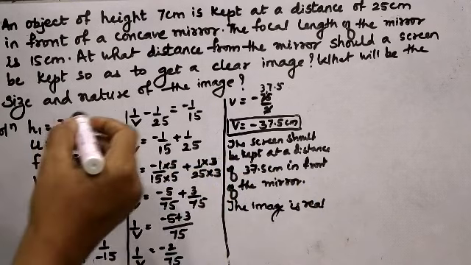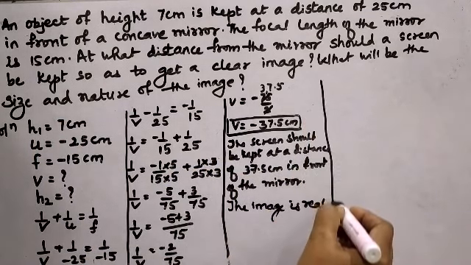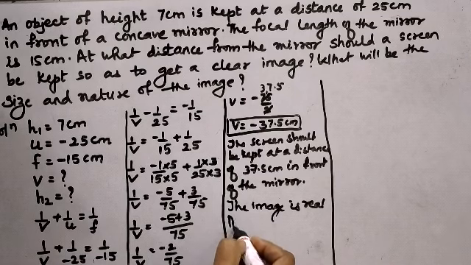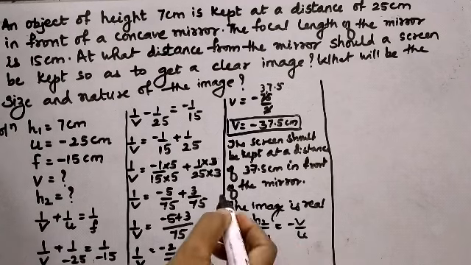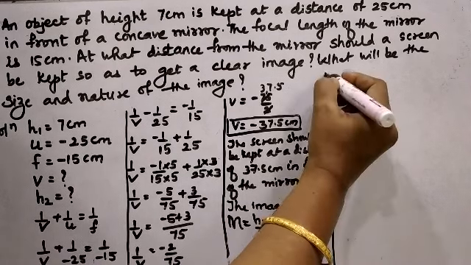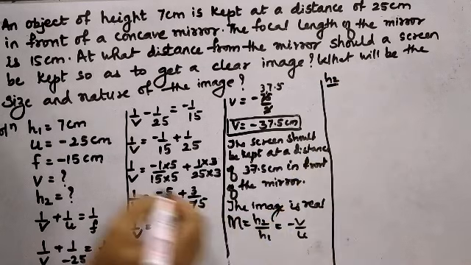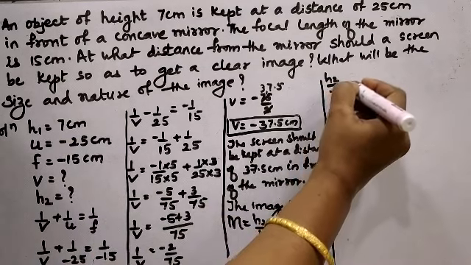Now we have to find out the size of the image. So we use the magnification formula. M is equal to h2 upon h1 is equal to minus v upon u. h2 is the height of the image which we have to calculate, upon h1 is the height of the object, 7 centimeters,